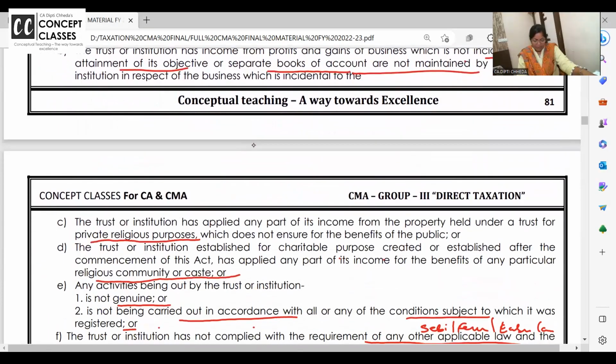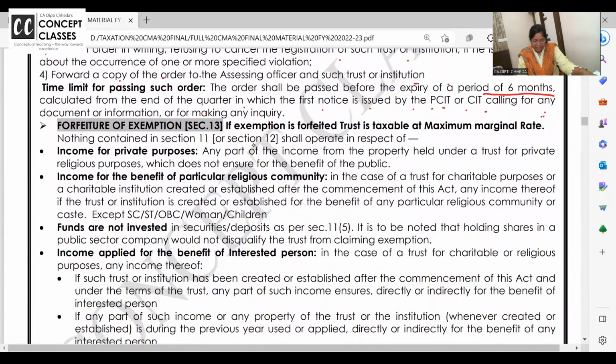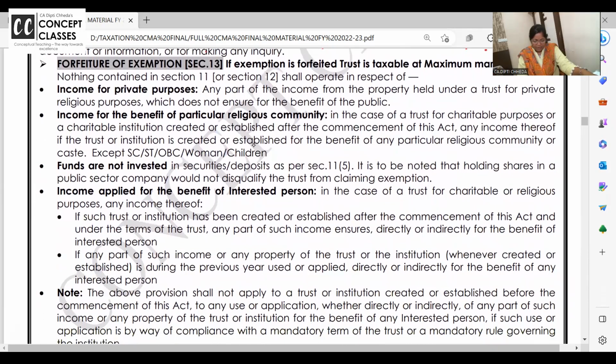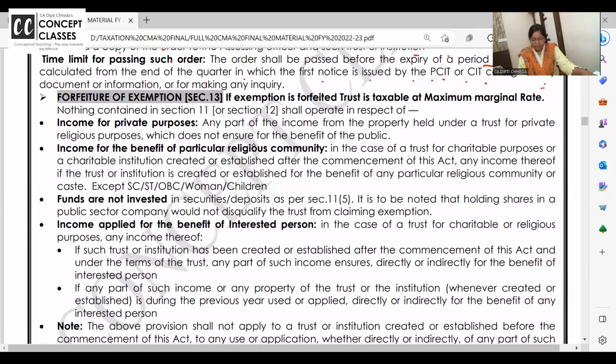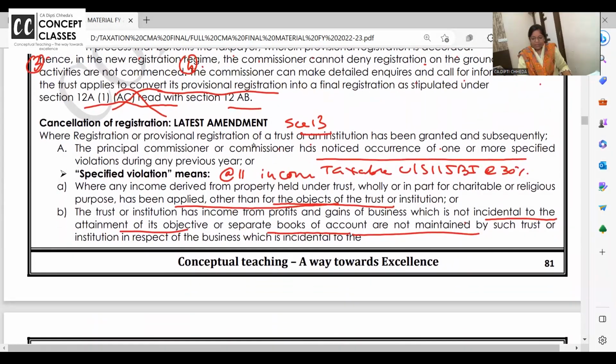ठीक है? Anyone wants repetition for the cancellation procedure or clear? Otherwise, I will go to the next one. This was all there earlier also. Still, we will revise. Nice section this is. Section 13 only. What was this? Cancellation of the registration. हाँ, आपका रजिस्ट्रेशन कैंसिल हो जाएगा.